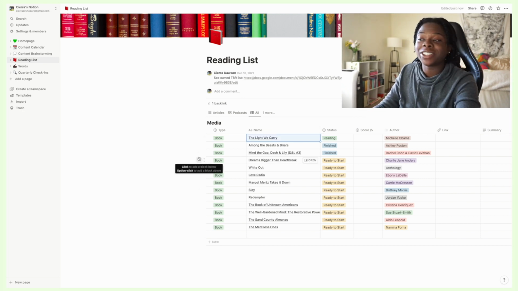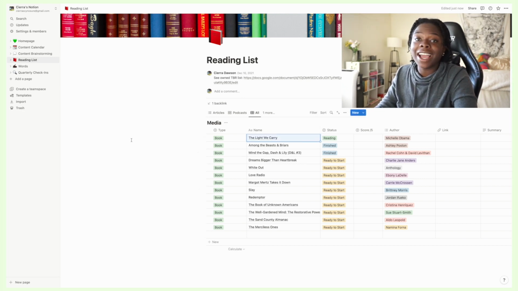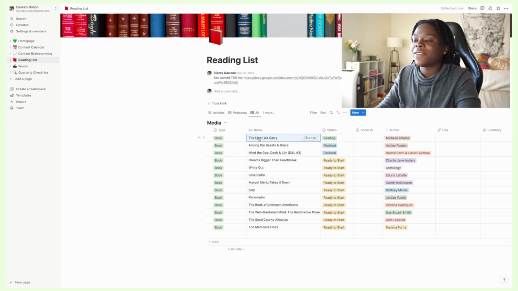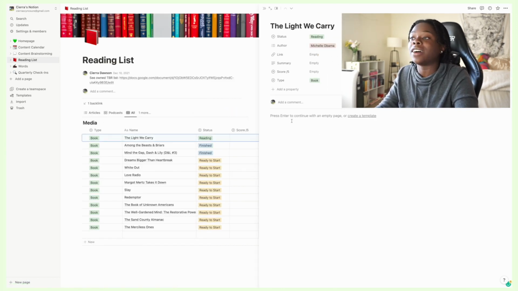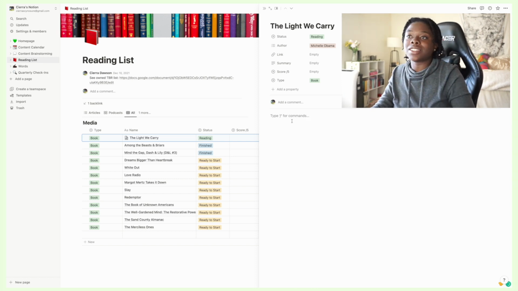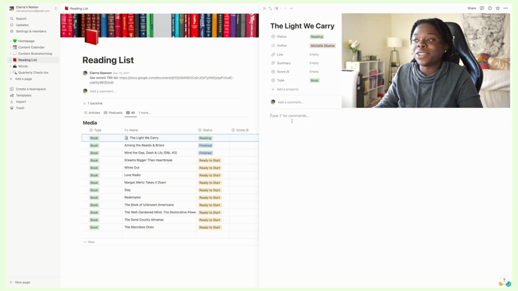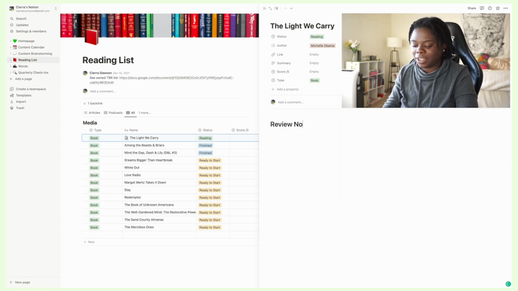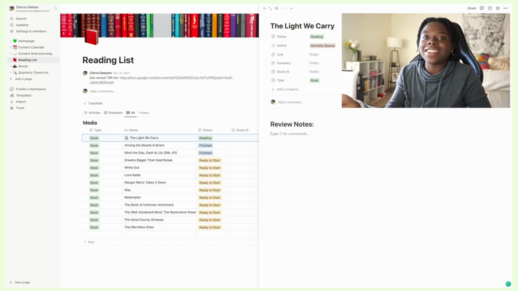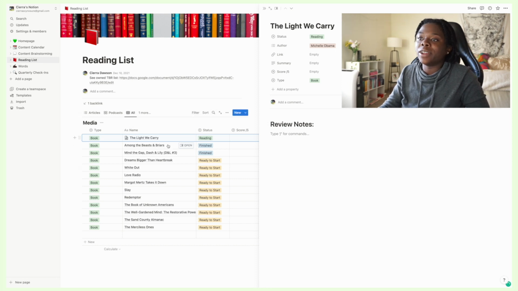Another cool thing about Notion databases that you might not be aware of is you can actually use it to take notes and things. If I hover over one of the books in this list, there's this open panel. So it opens up the same way it does with my content calendar, but you could totally use this space to write your book review ahead of time before publishing it to your post. So I can do /heading, and then review notes, and I can keep notes in this database on every book. So it's kind of cool.